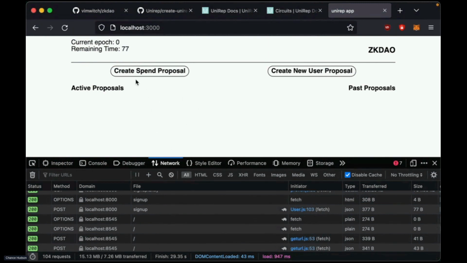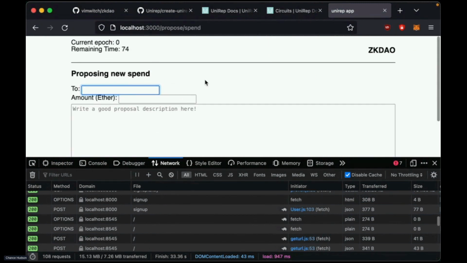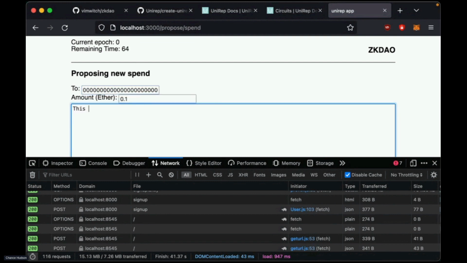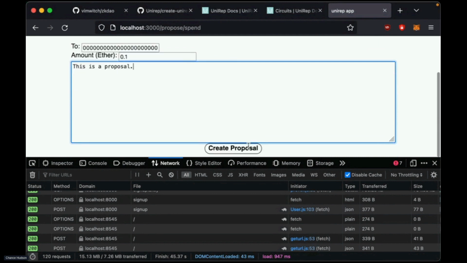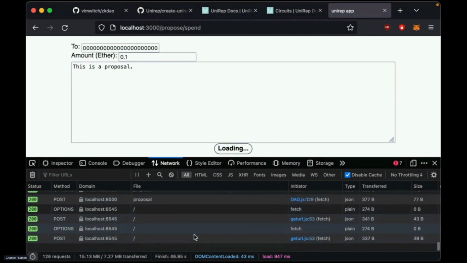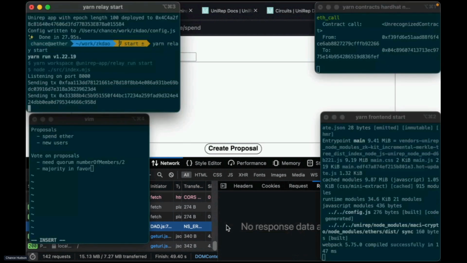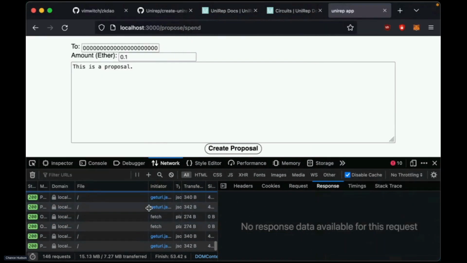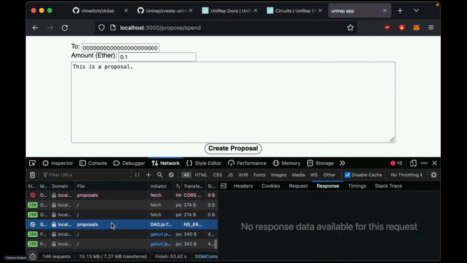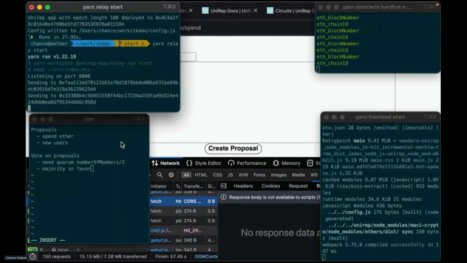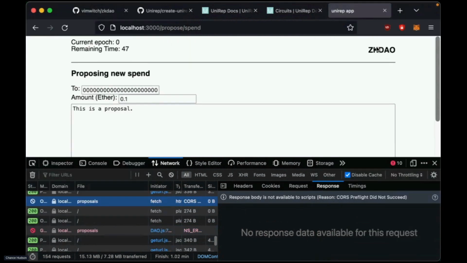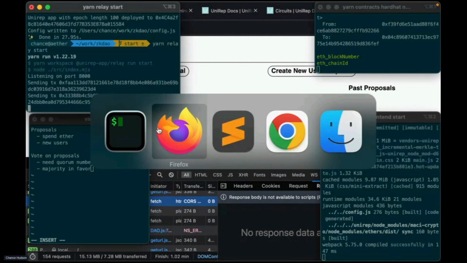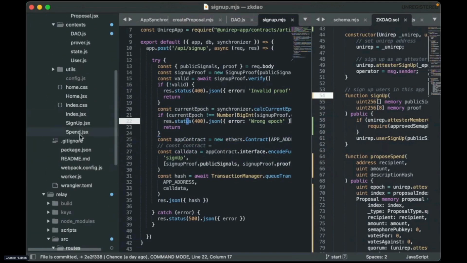Cool, so let's test out this super swanky user interface. We'll propose a new spend operation. So this has to be a valid address because I had to check into this. Okay, it's 40 characters. Okay. Neat. I wonder what happened here. Oh, I know what happened. We need to write the load proposals path.